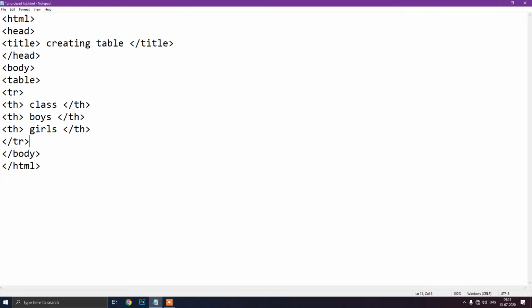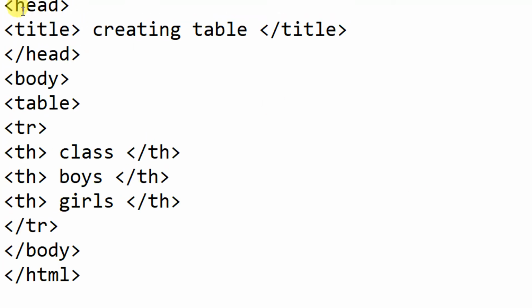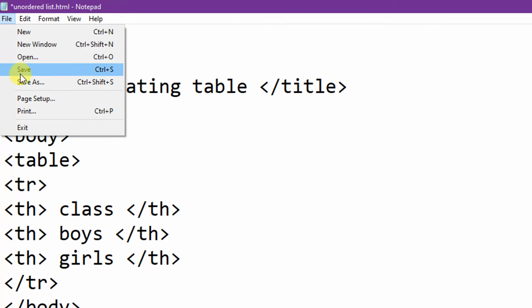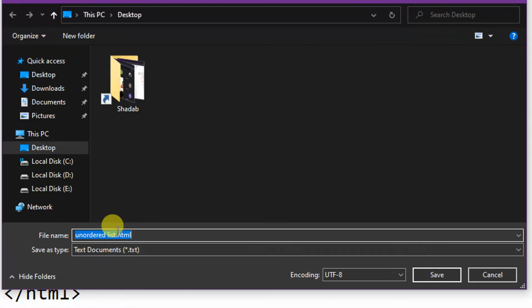I will show you also how it has been created. So I will save it. I'll go to the file and click save as. Here I will write table.